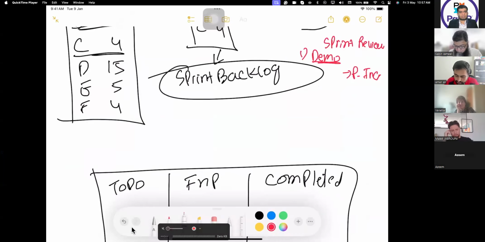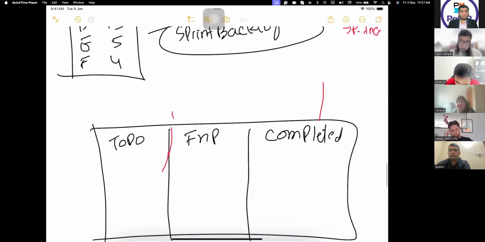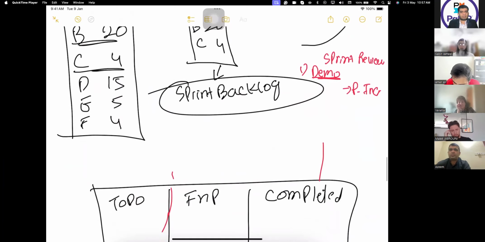Now the sprint review has a second part that is called backlog refinement.